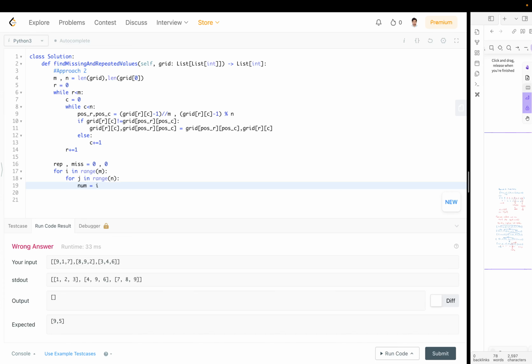Number will be formed by the number of rows that we have plus the column we are iterating, plus 1, since it's a one-indexed array, so the numbers are starting from 1 to n square. For that we need the extra one, and now we just want to compare that if the grid value I am currently at is not equal to the number I am at, then I will say that this is my repeating number,